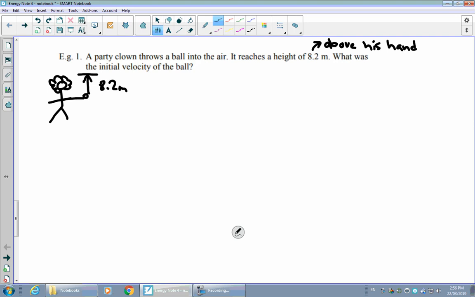When we set up given and required information, remember it's really important to separate out what we know about the initial stages of the ball and what we might know about the final stages of the ball. And so we're actually going to separate that out in a little chart. So on one side of our chart, we're going to put the word initial, and on the other side, we're going to put the word final. And you could call this an initial and final chart.